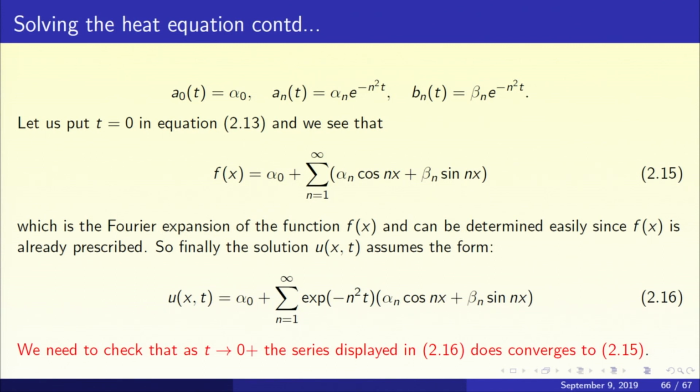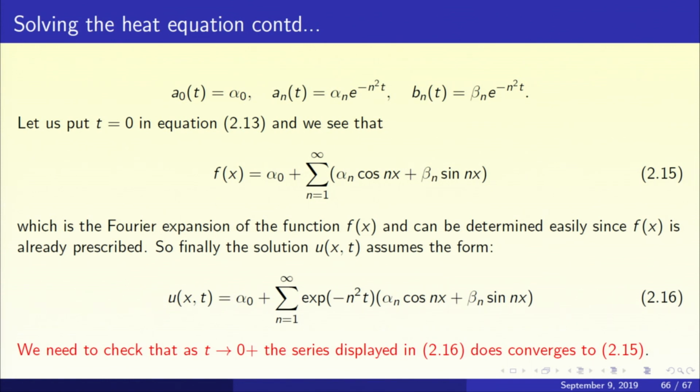From 2.15 you can calculate alpha_0, alpha_n and beta_n using the formula for the Fourier coefficients, and you just have to construct your solution 2.16, namely u(x,t) is alpha_0 plus the summation n from 1 to infinity of e to the power minus n squared t times alpha_n cos nx plus beta_n